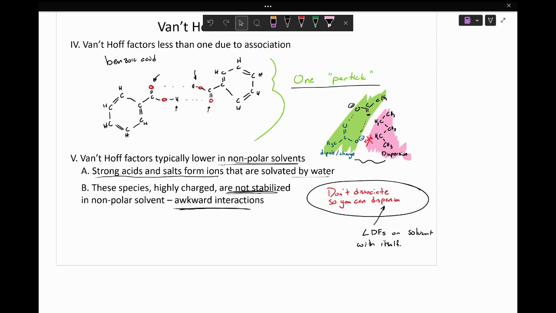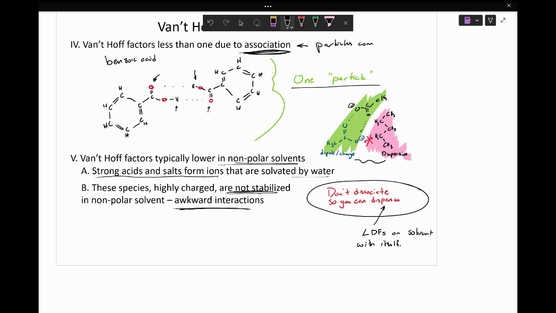And as they interact with each other, they'll basically group up, which makes them look like they have less than one particle. And this is all due to a phenomenon called association, where those particles are coming together. So this association is just particles